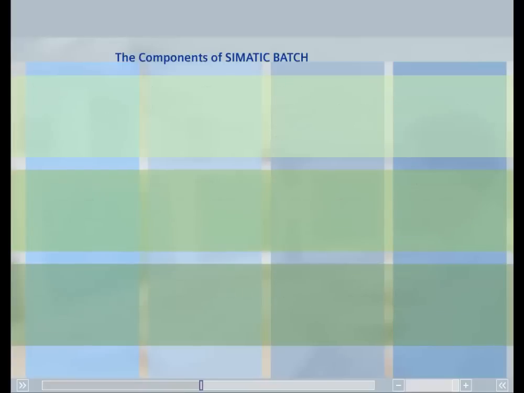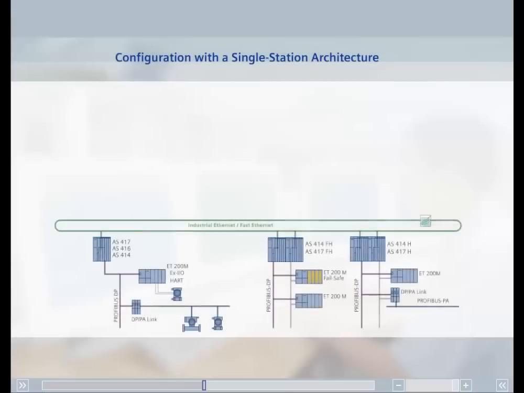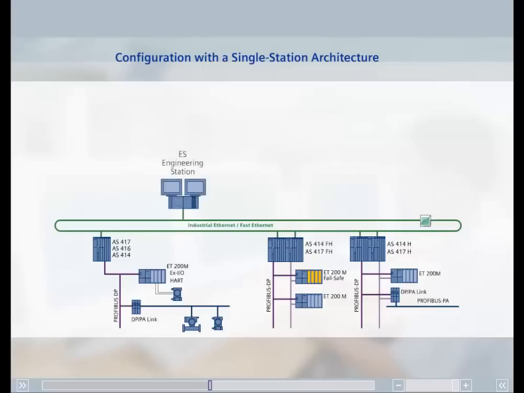The specific architecture you implement for your process depends on your needs. In our examples, the automation system will have 3 automation stations. In some cases, these are redundant, along with devices and remote I/O stations connected to Profibus. The first example illustrates a small system with 1 engineering station and a single station on which both OS runtime